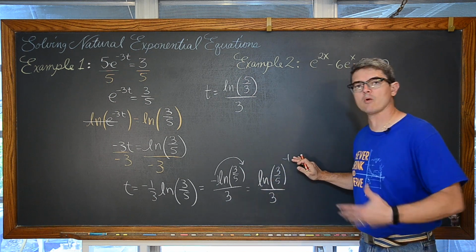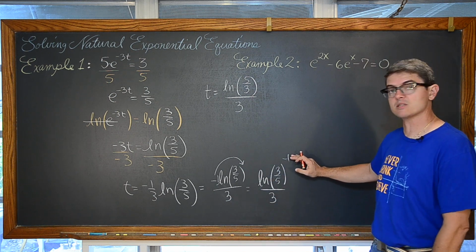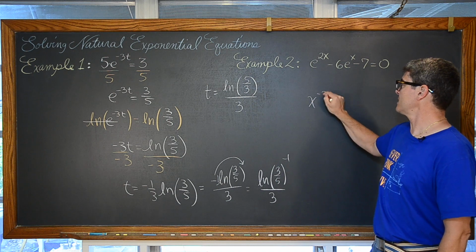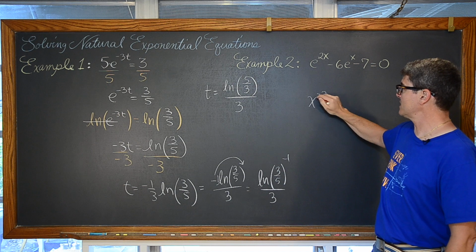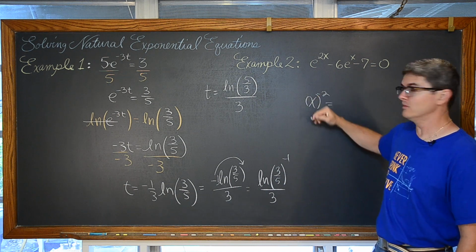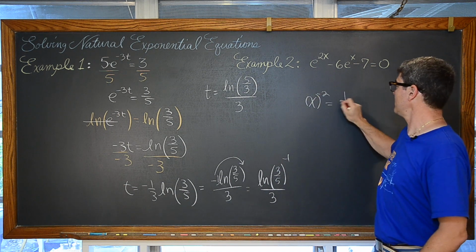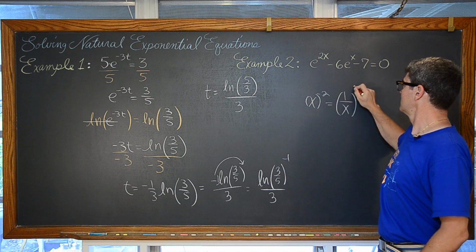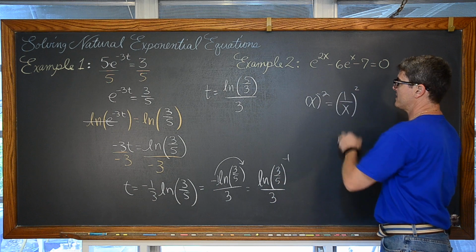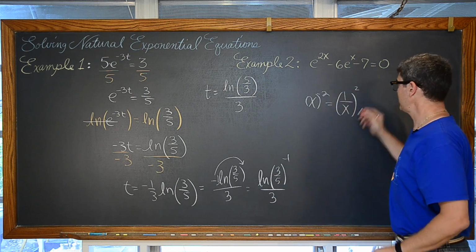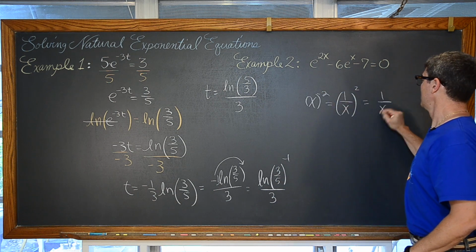Well, if you want to rewrite this so that you don't have that negative exponent, like x to the negative 2, you just take that base that the negative 2 is applied to and flip it, and you get 1 over x squared. Maybe you're used to seeing it like this: if you have a base with a negative exponent, you can take that base and move it into the denominator and get 1 over x squared.